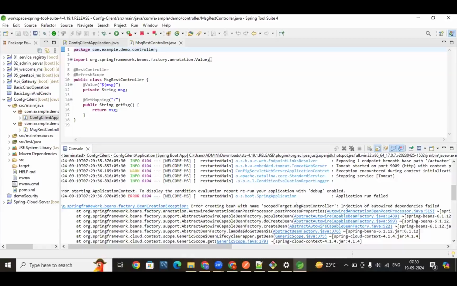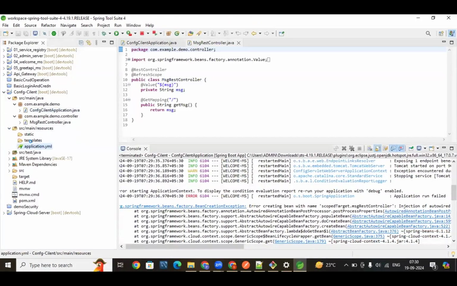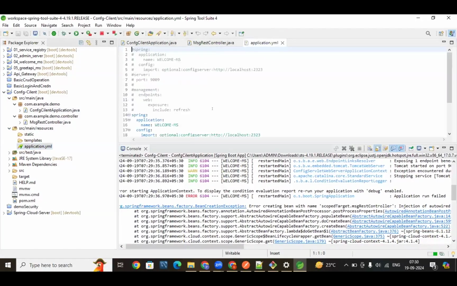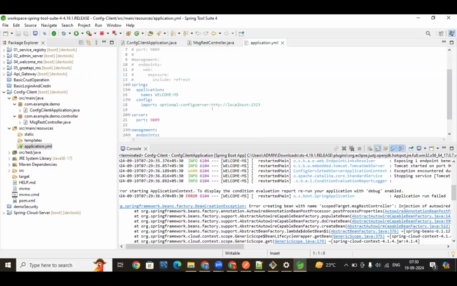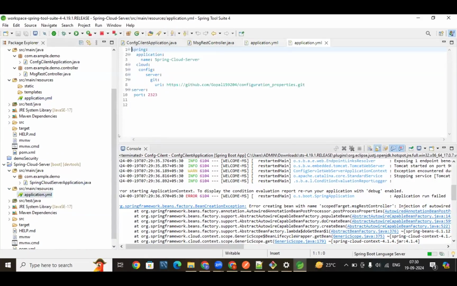Can you open that resources file, the config client application YML file? Open config server YML. Remove the .git there.